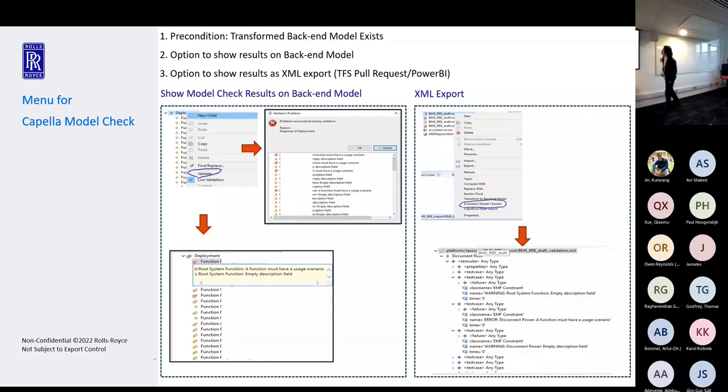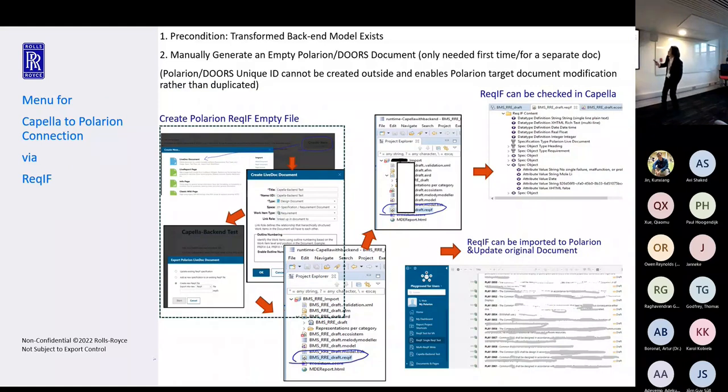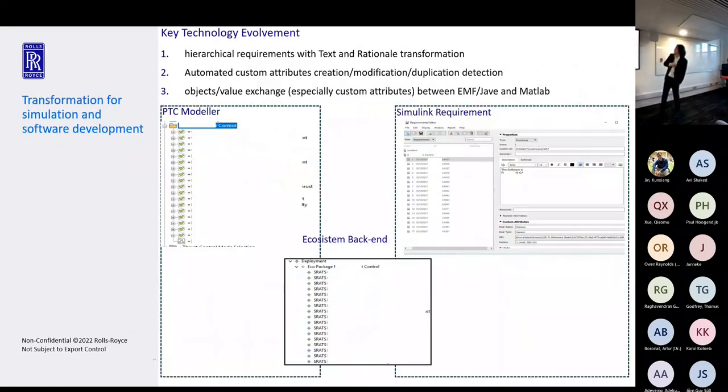And we can export the results for the manager to review the robustness of your entire model. And we can automatically generate the document, so we can send out, exchange to our stakeholders, or internally exchange to different parties for that. Then the Rackif, we can generate Rackif for doors and also for Polaris, which is another open source requirement management tool. And also we can transform our requirements into Simulink. So software side, they can link in their local tool.